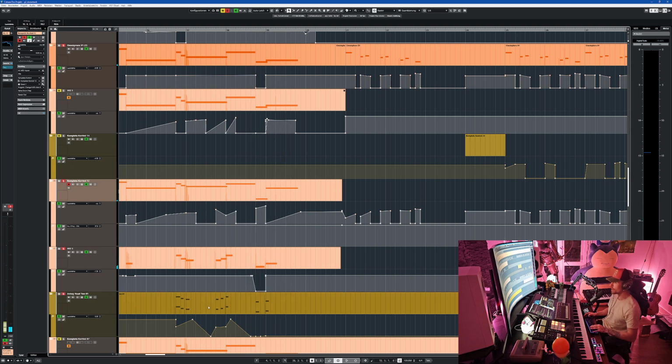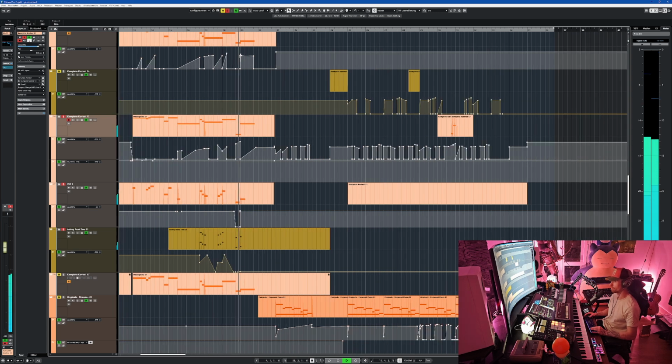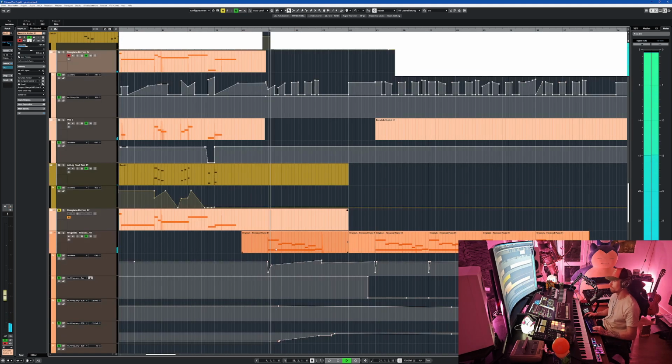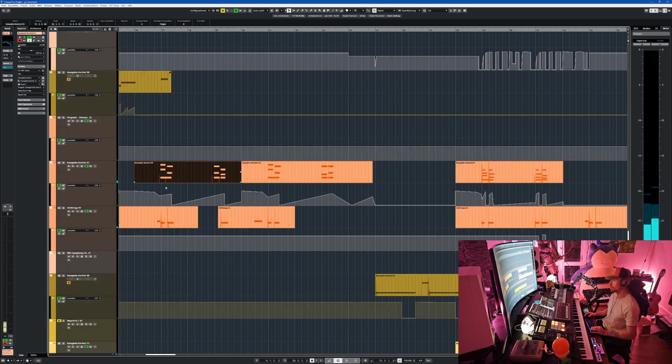Let's add the strings. Yeah, and there's a little bit more stuff going on.